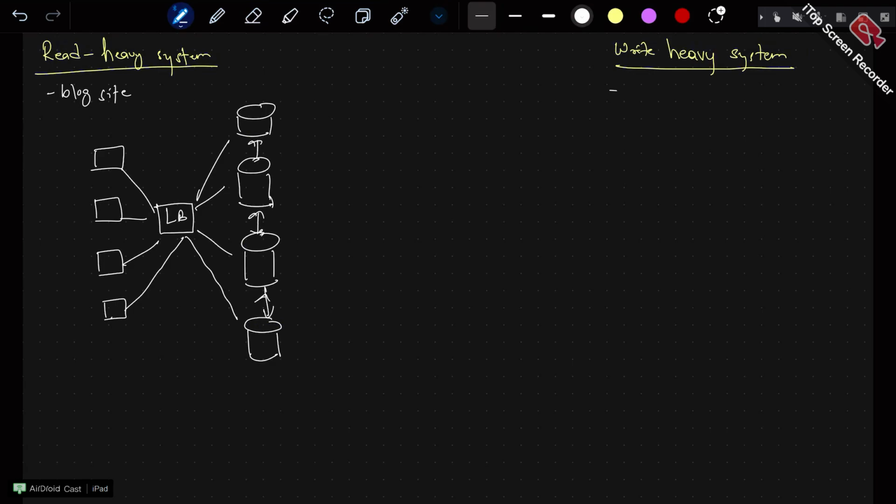So for example, just think in this way. You have database 1, database 2, database 3, database 4. Now you see your system is getting more and more read requests, and you want to scale out. What you will do is, out of database 4, you will scale out another database. For now, just think that the database is doing all this scaling out on its own, like auto scaling.